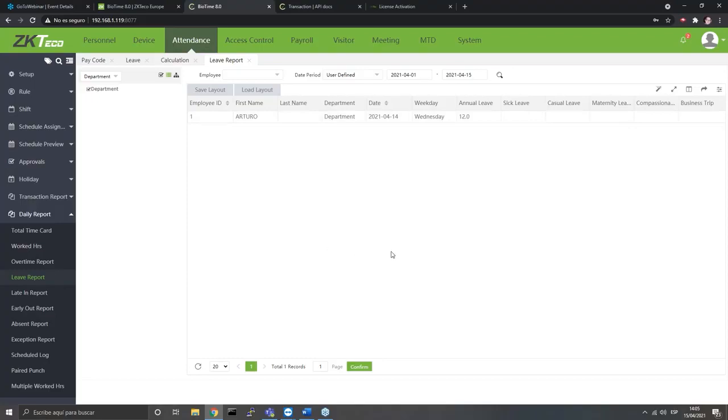Does the visitor management module connect with a new range of ZK products with QR code for visitor management? Well, if you mean a QR code, let me tell you something. The QR code, when registered to an employee, is like the card. It works like the registration of the RFID card. So if I have a QR code and this is registered as a card, then I can use a QR code, because, for example, here in the visitor,